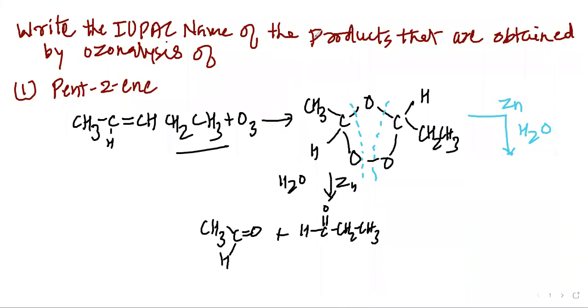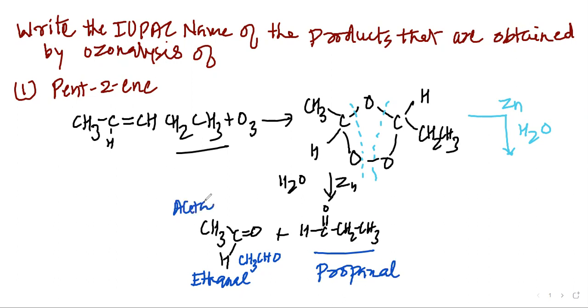Let us name these compounds. So this compound is CH3CHO, which is also known as ethanal. And this compound has 3 carbons, which is known as propanal. This ethanal is also known as acetaldehyde. So I hope, my dear students, it's quite easy for you to understand this reaction. If you have any doubt, you can ask me, or let's move forward and understand the ozonolysis of